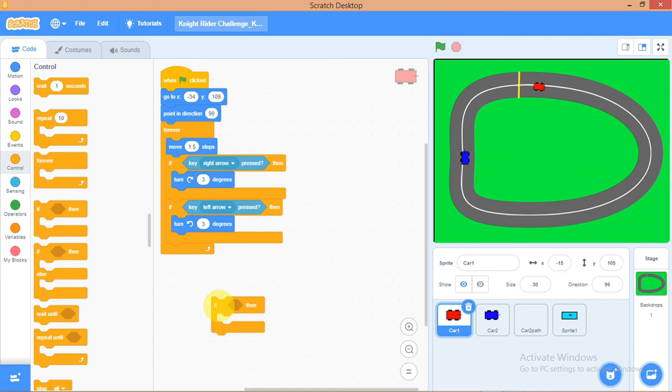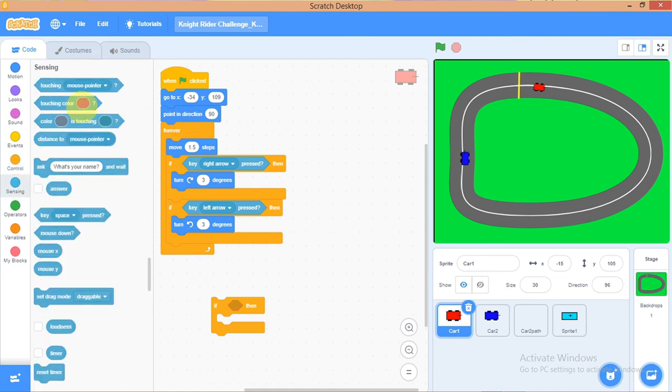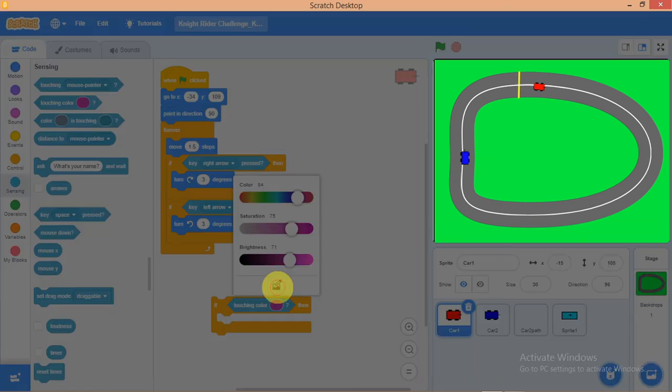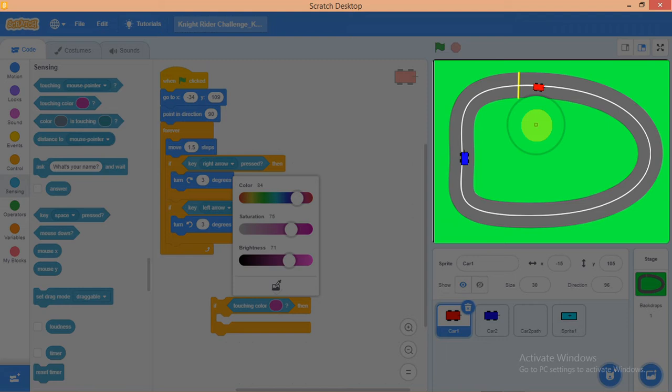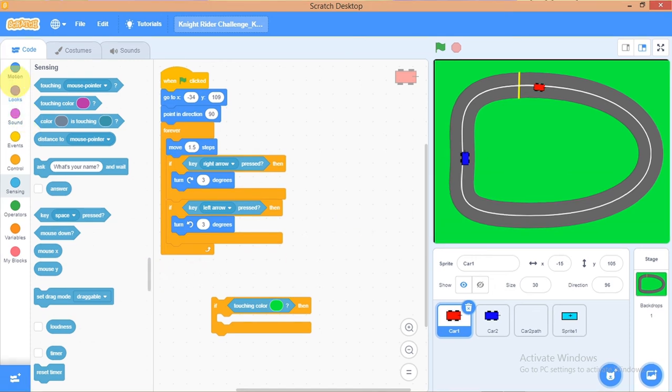so let's just go for sensing. So I want to sense this yellow. If touching green field, then return back to if touching color. Okay, so let me bring it out first. If touching color, so what color now? If touching green, so just keep this. If touching green grass, please, green grass now. So if touching green field, okay, sorry about it. So if touching green field, then I want you to go to this, that's go to, as motion,